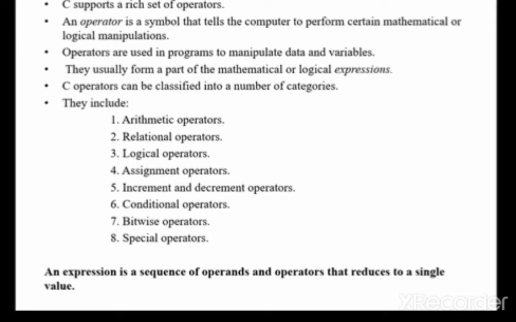So finally we get one value, right? An expression is a sequence of operands and operators that reduces to a single value. Here equal and plus are operators, and A and B are operands.